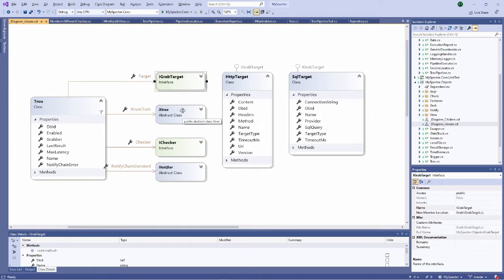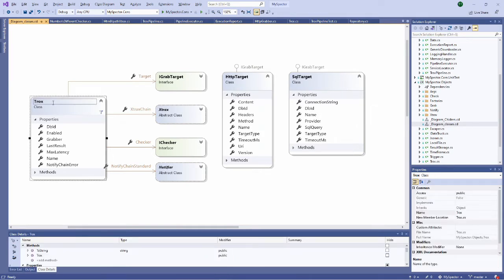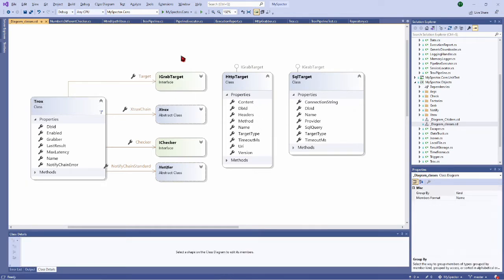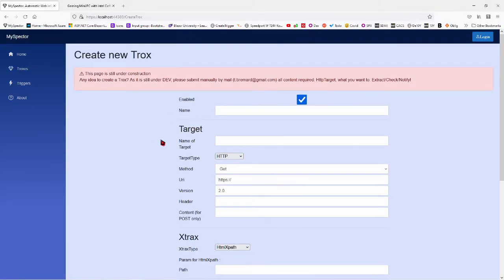Then there is a list of extractor classes, then a reference to the checker, then a reference to the notifier. What I want to say is that I have a main component item and references to different sub-item children elements. And this is in fact reflected in this kind of view.